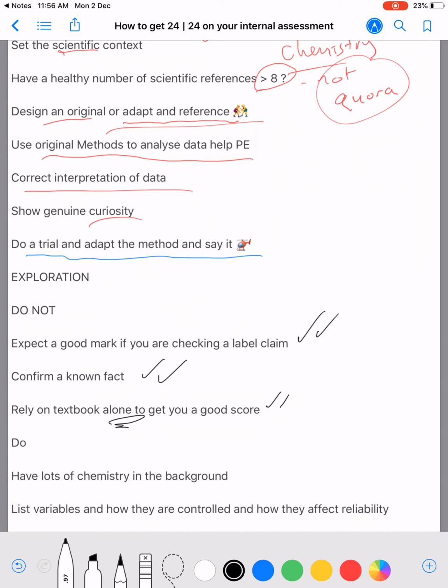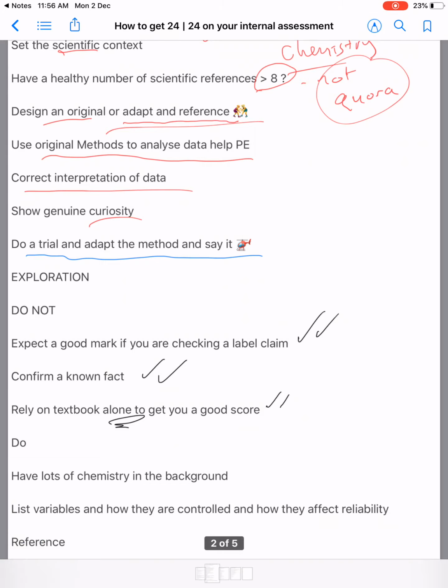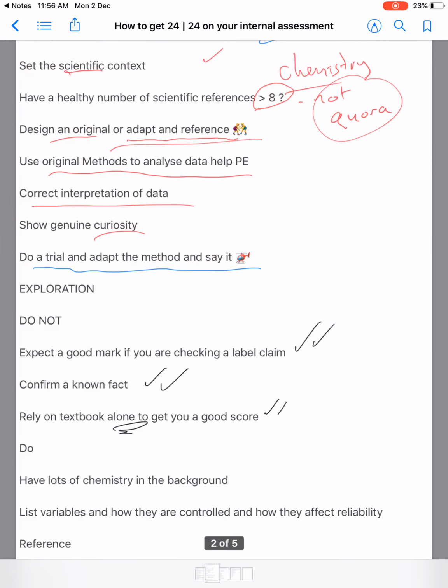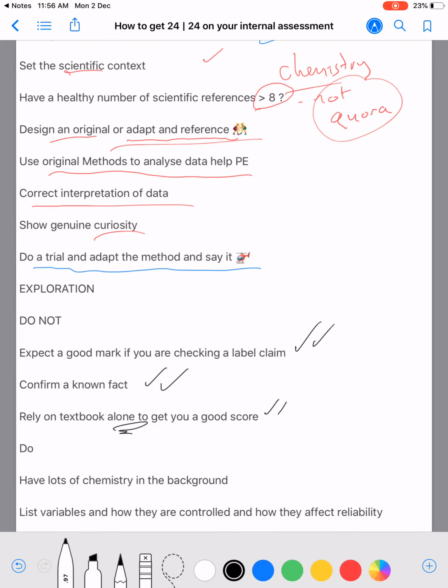It's fine for the foundation, but then look a bit further. If you're standard, look at higher level stuff. If you're higher level, look at year 1 university stuff. All the material is out there now. There's no excuse for you not getting out there, having a look and showing that you are genuinely interested in your IA. Please do have lots of chemistry in the background, lots of references, lots of places that you've looked at,